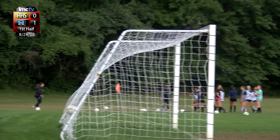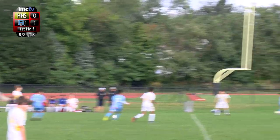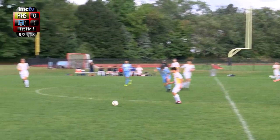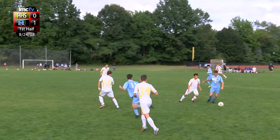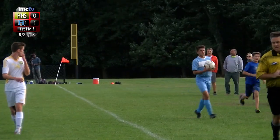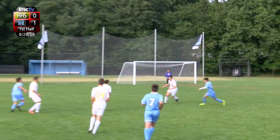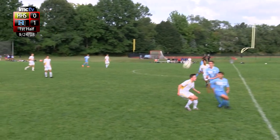So the Panthers continue to apply pressure, and they end up striking first in this game as Goldberg gets his team on the board. So now the Yellow Jackets are looking to find a crease of their own, but now it seems as though that goal gave the Panthers some momentum, and they're playing with a little more urgency as Goldberg inbounds the ball right back to Goldberg as the Panthers are in control of this game now. They have the momentum,